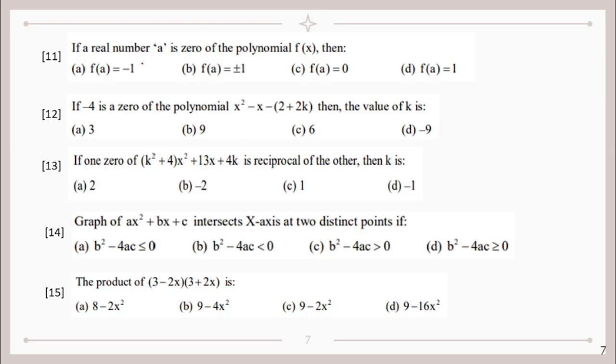Related to those concepts, if a real number a is a zero of the polynomial f of x, then again the same related question we saw in the previous slide. Whatever be the zero, when you apply the zero in the polynomial, f of a will be 0, satisfying the polynomial or the function. If minus 4 is a zero of this polynomial, then what is the value of k? Minus 4 is the zero means when you apply minus 4 in the equation, you will get it equated to 0. So x square will be minus 4 square